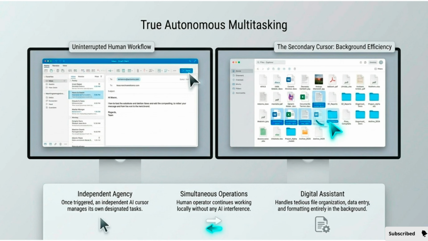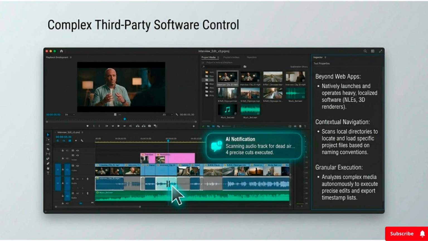processes efficiently and continuously. One of the biggest breakthroughs in agentic AI is the ability to control complex third-party applications directly. This slide demonstrates how the AI can launch heavy software like video editors, renderers, or production tools and interact with them intelligently. It can locate files, analyze media content, perform edits, and automate repetitive production tasks. This is extremely important because many enterprise tools lack proper APIs for automation. By understanding graphical interfaces visually, the AI can operate software the same way a human editor or operator would, unlocking